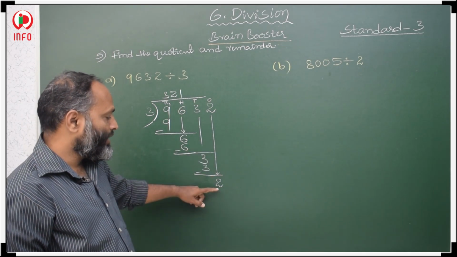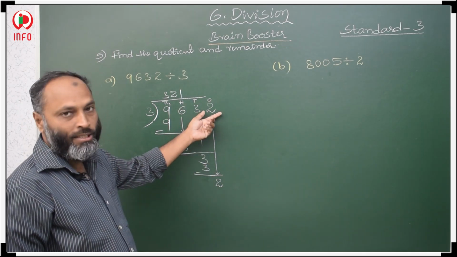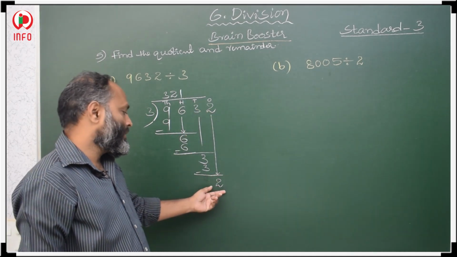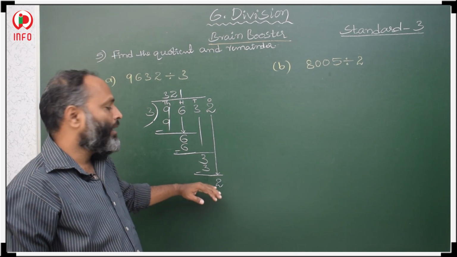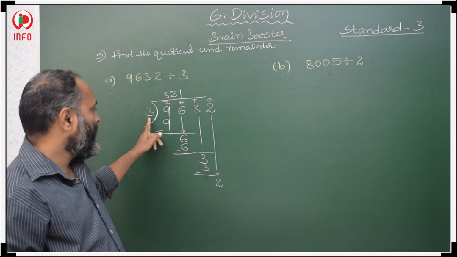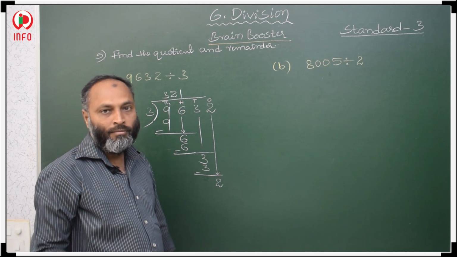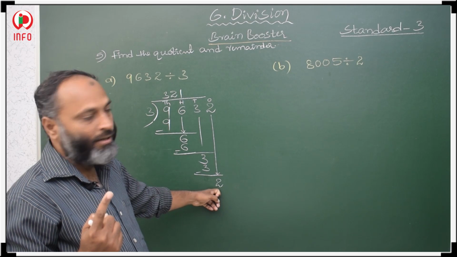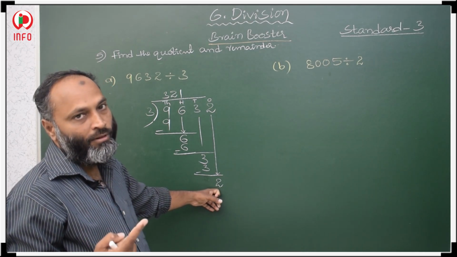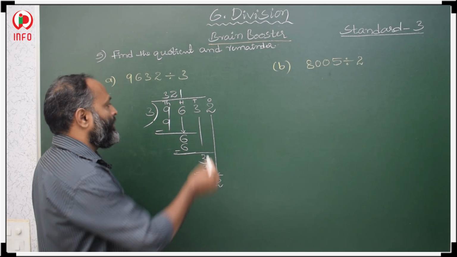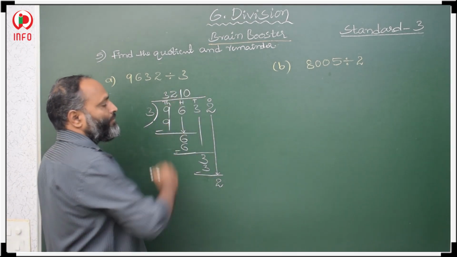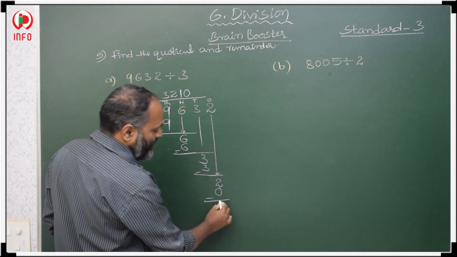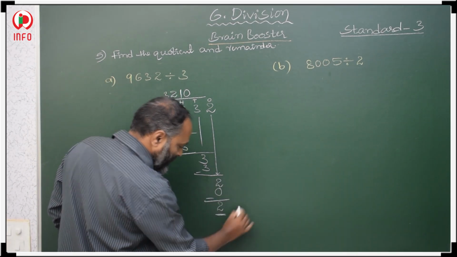Ones place 2, this is not the remainder. If the remainder is 2, then we will stop here only. So, this is our ones place, we have to copy the ones place. After copying the ones place, we have to check in the 3 table when you will get 2. 3 ones are 3, which is more than this 2, so do not take 3 ones are 3. Then what do you have to do? You have to take 3 zeros are 0, then minus: 2 minus 0 is 2. Now, this is the remainder.